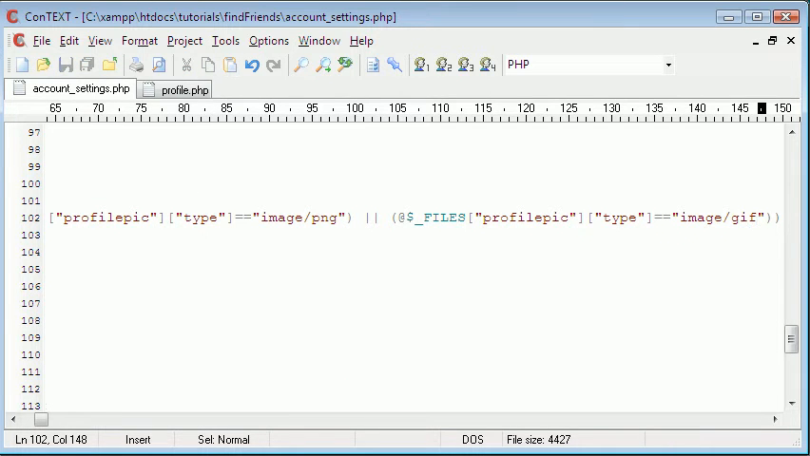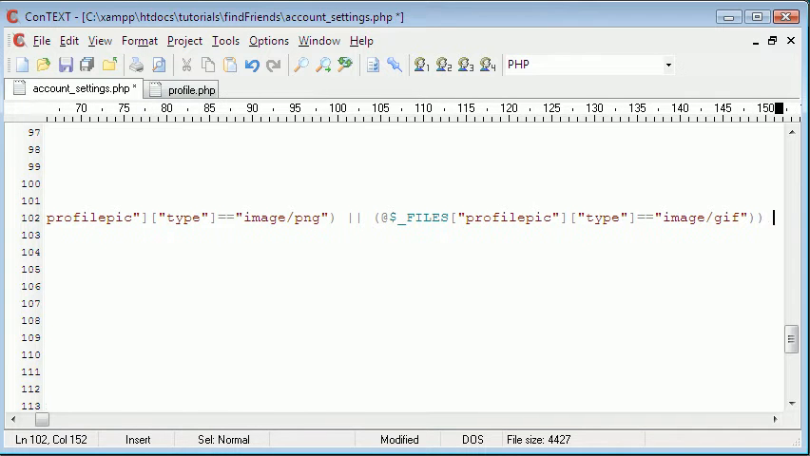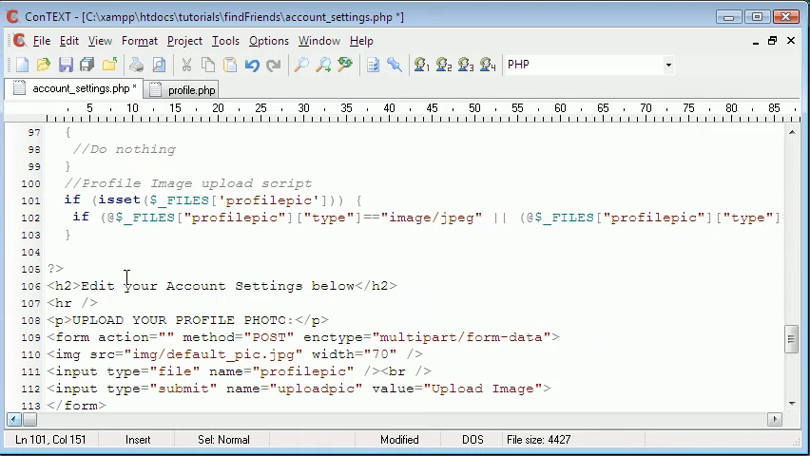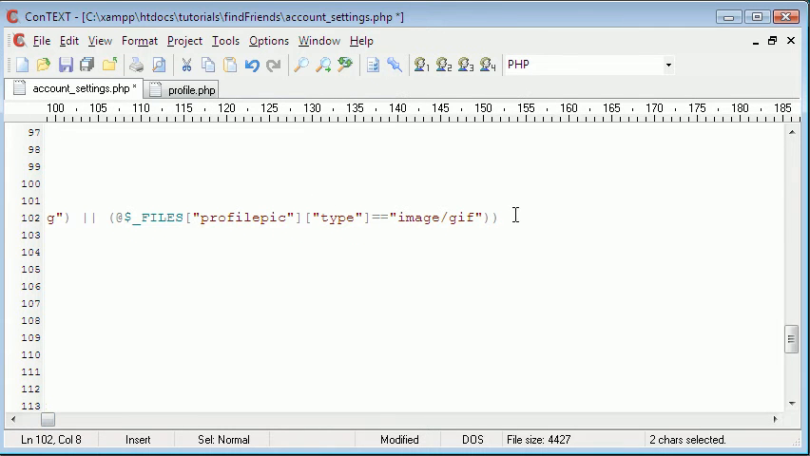Change that to .gif. Okay, and then we can say, oops, I almost forgot. We're gonna need two more open parentheses here, and then we can say and two more parentheses at